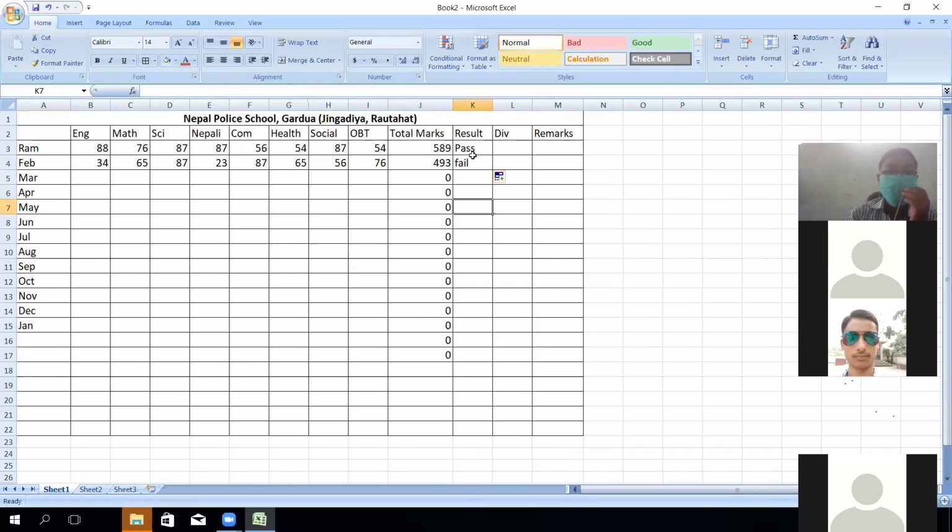Because in the logical formula it has been written that all the given marks must be greater than or equal to 32, then the computer will show pass, otherwise fail. Here it has only 23 marks. If you increase the marks, for example to 45, then the computer will show pass. If you decrease the marks to 23, then the computer will show fail.